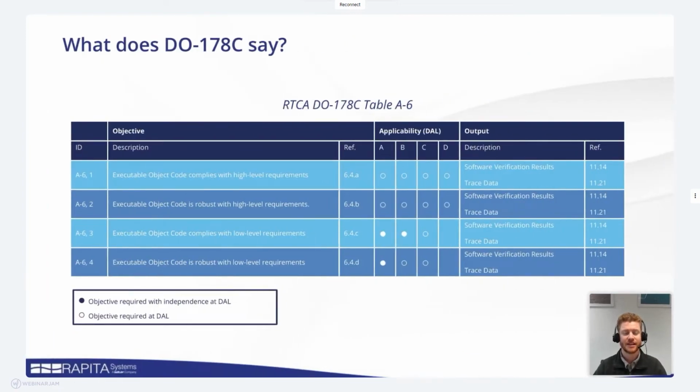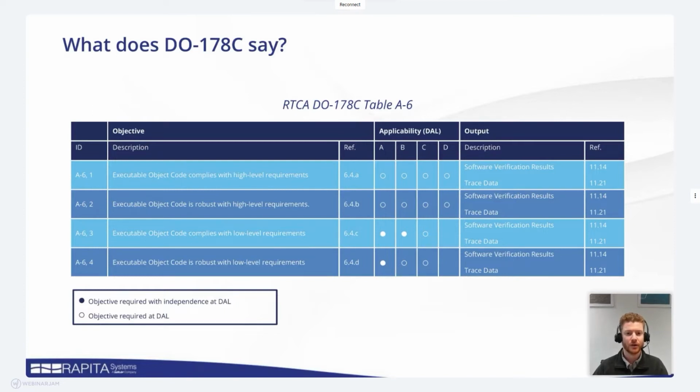So what does DO-178C say? Well, it has a lot of tables such as this. This is essentially giving the breakdown of what you have to do for different design assurance levels. So the design assurance level roughly corresponds to how critical a component is. In DO-178C, the highest level is level A, and you'll notice that